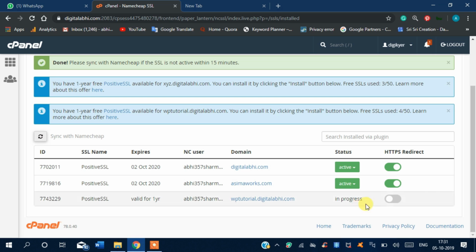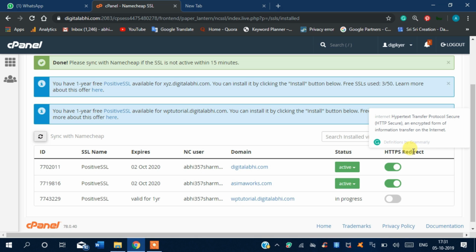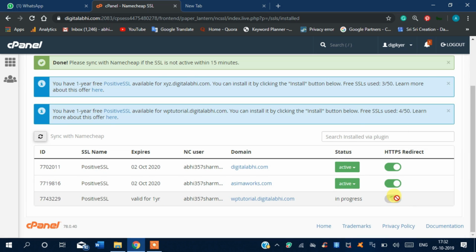You also have to turn on this HTTP redirect option. What it does is, if someone visits the HTTP version of your website, the non-secured version, it will automatically redirect the user to the secured version of your website. So we'll turn it on. It will take a couple of seconds.